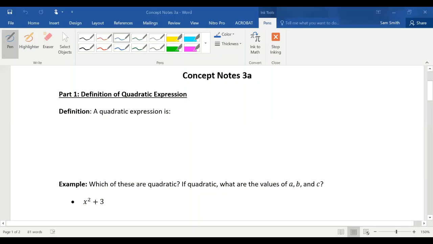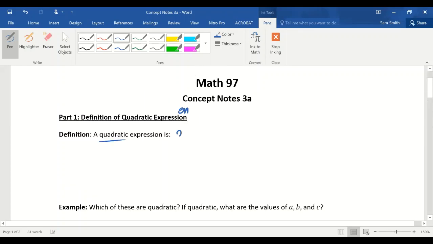So I want to talk to you about quadratic expressions. First of all, I want to talk about the meaning of this adjective quadratic. And a quadratic expression is one that can be rewritten